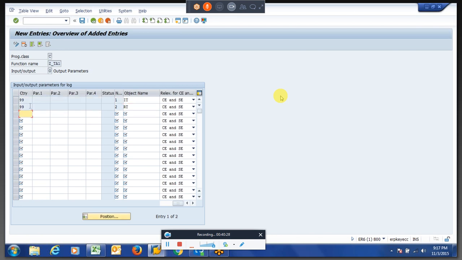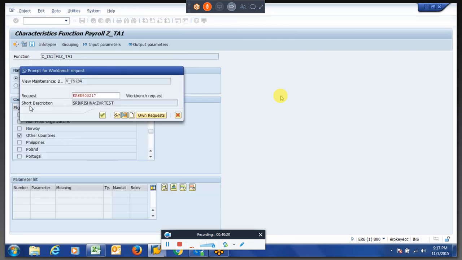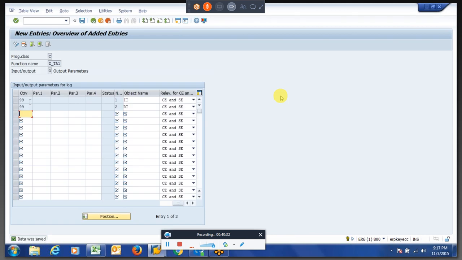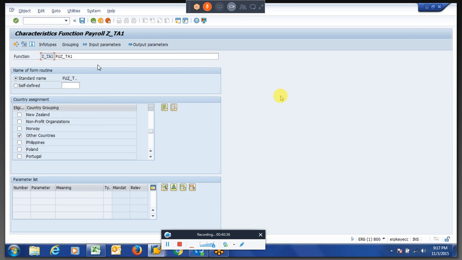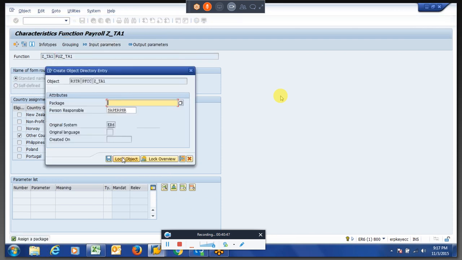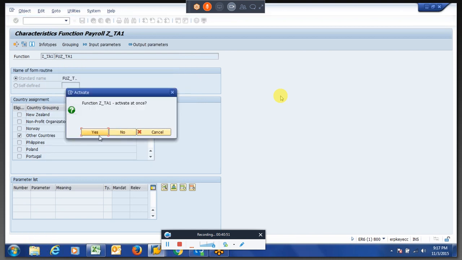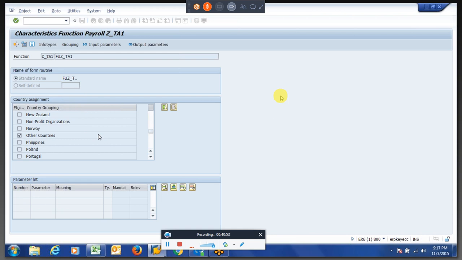I think you are all clear about what IT and RT are within the payroll, so I'm not explaining more. So I defined the function here and I am saving this. Let us say I am saving it in the local object. Then I am activating this again.